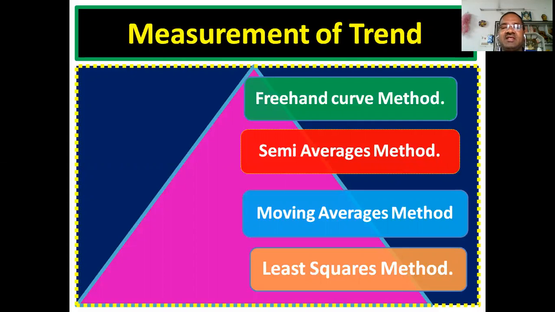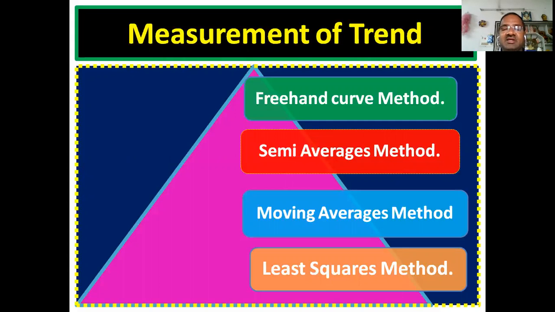the freehand curve method. It is a graphical method with the help of which we can calculate or anticipate the trend of a dependent variable. Similarly, in the semi-averages method, the given data can be broadly categorized into two parts, part 1 and part 2, and the averages of those two parts can be plotted on the graph and used to anticipate or compute the value of trend or the value of the production for a specific period.